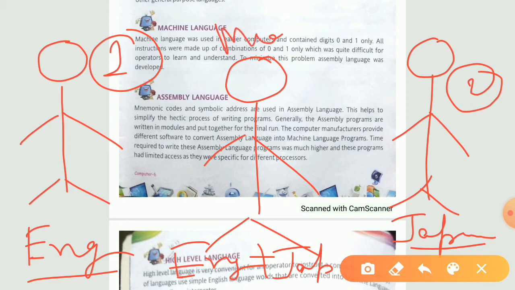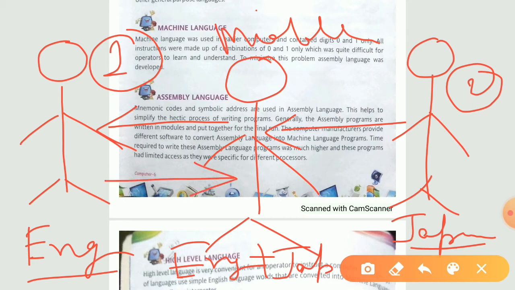This is your middle person. When the Japanese person says something, the middle person converts it into English and gives it to you, person one. And when person one says anything in English, then passing through the middle person, it is converted into Japanese, and person number 2 is going to understand what person one is saying. So this is how this situation is going to work.